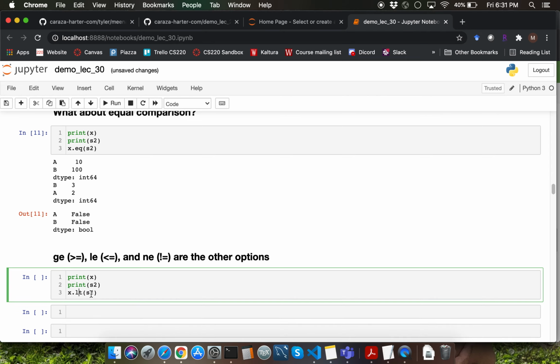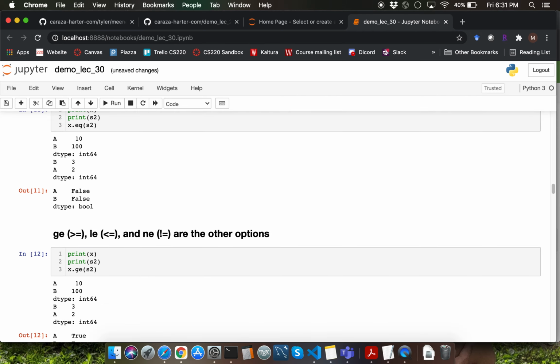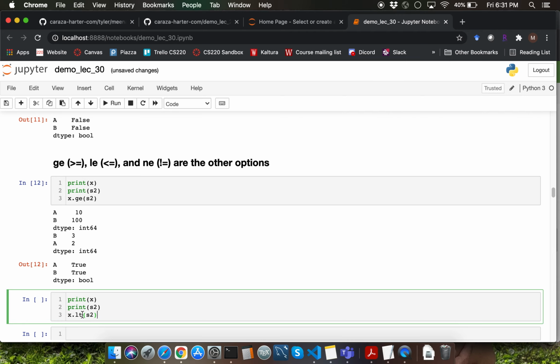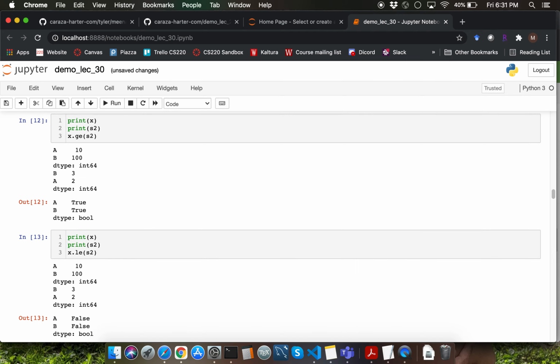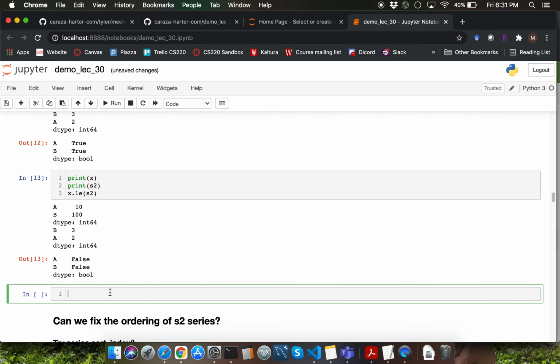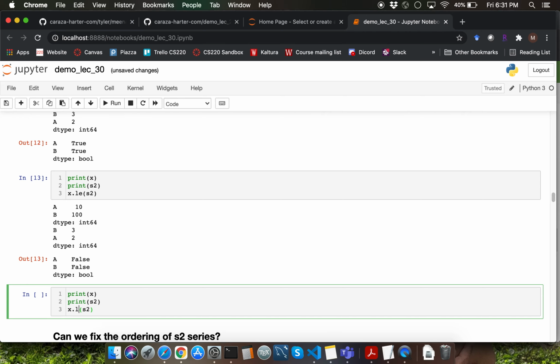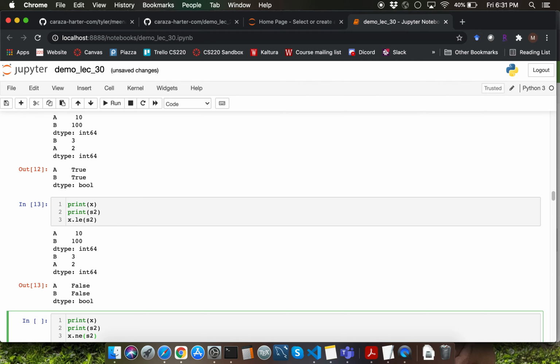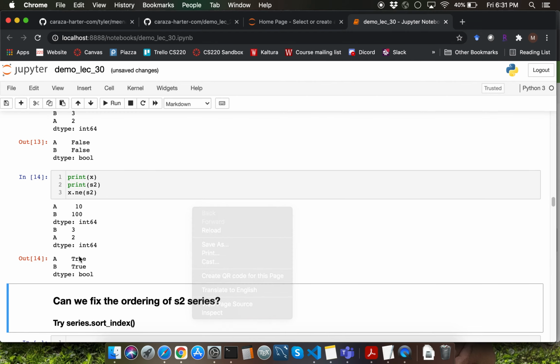Let's go through the last three examples here, which is saying greater than or equal to. I'll let you go through the result over here. I'm going to show you how to do less than or equal to. That's going to be LE. Once again, I'll let you go through the result here to confirm whether this is the correct answer. The last operation that I want to show you is the not equal to, which is going to be NE. You're going to end up getting true and true for not equal to, because clearly the values are not equal